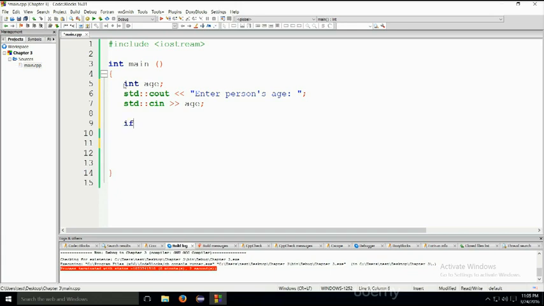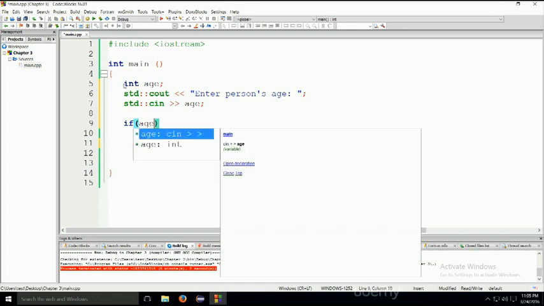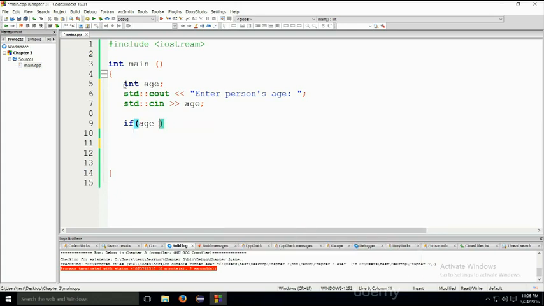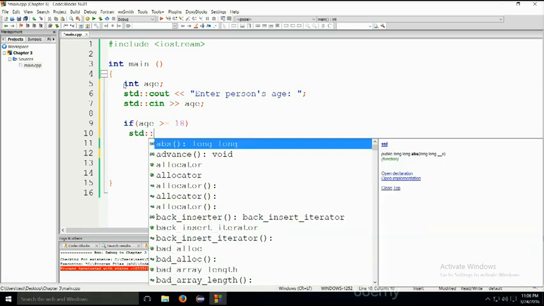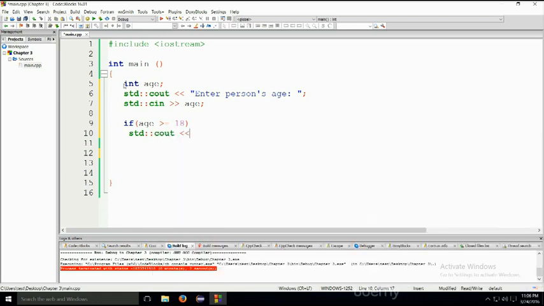So if you type in if age is greater or equal to 18. Let's say that this is considered an adult person. I mean, legally it is. Cout, and we can say